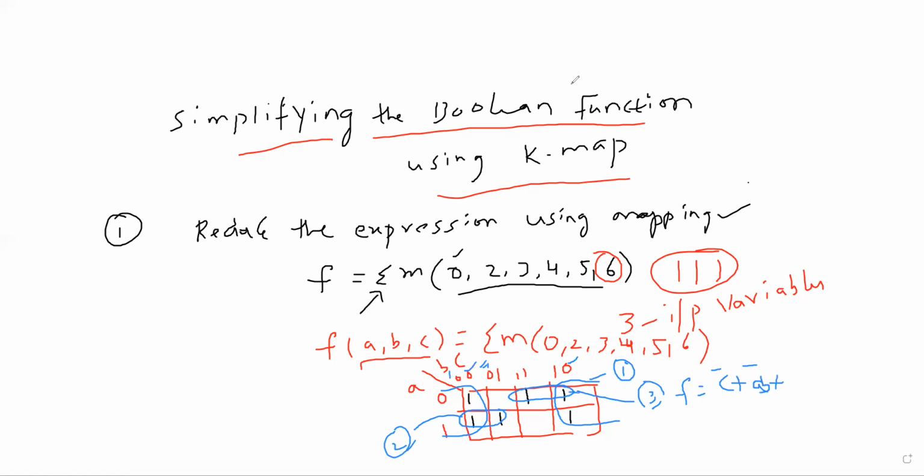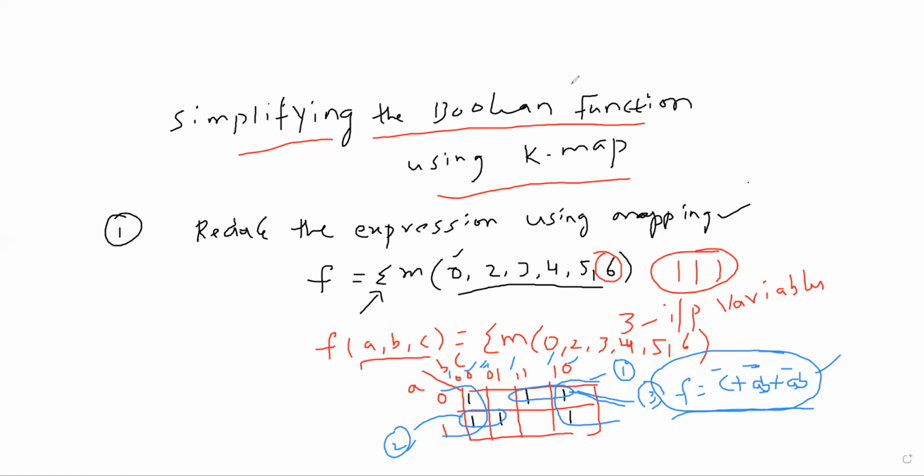Now in this third group, A bar is a single row, therefore A complement. Since we are having 2 columns, then B is constant. Okay, this is the simplified one. Is it clear? This is the expression: A into B bar, this is B bar, this is B bar. Here it is A bar into B. Is it clear? Now this is the Boolean expression, that means the simplified expression.